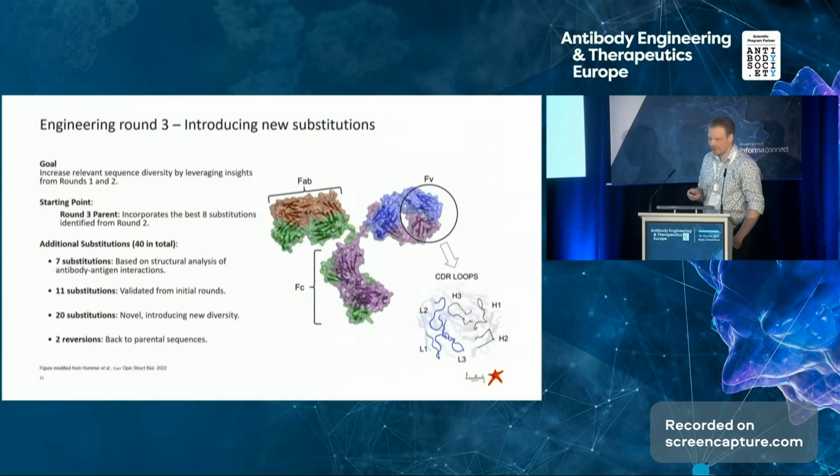So we had to look a bit further for other substitutions to include, and unfortunately, I cannot really show the structure of the complex that we're looking at. But we did some reanalysis of the antibody-antigen interactions and picked some substitutions slightly more distal from the actual epitope-paratope interface, in order to search a bit broader out in space. So multiple substitutions were picked to really broaden the space that we searched in.